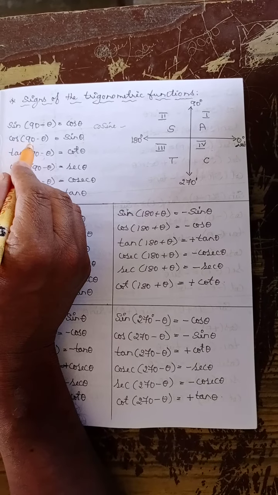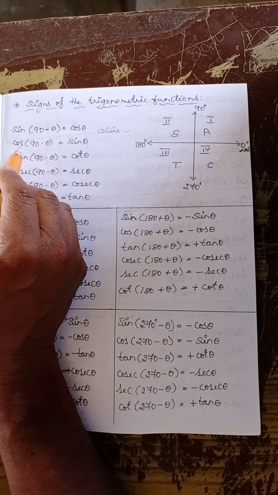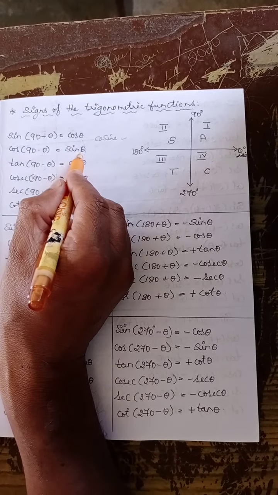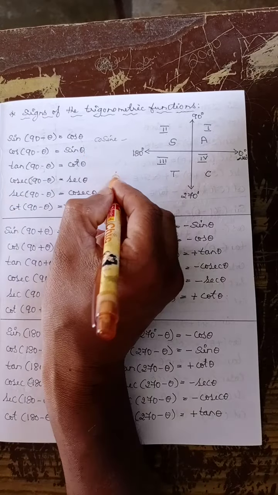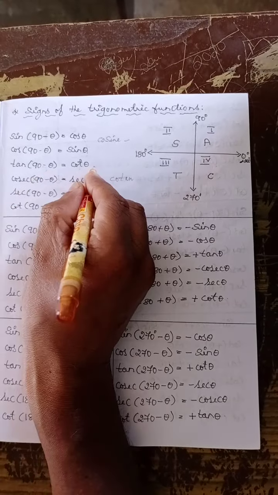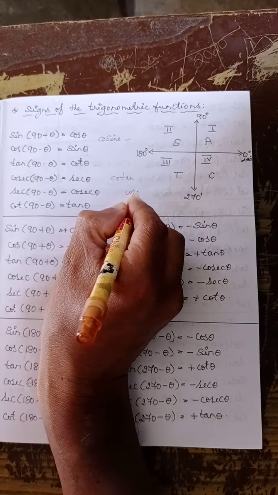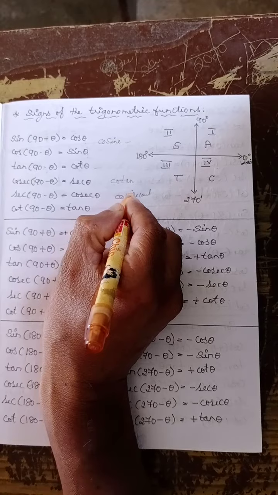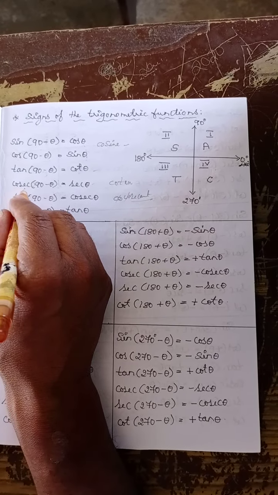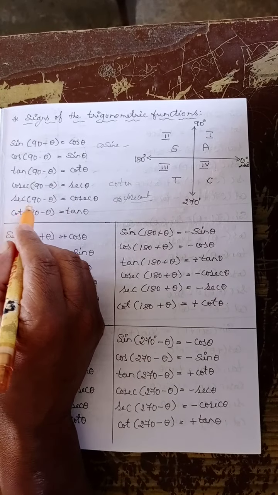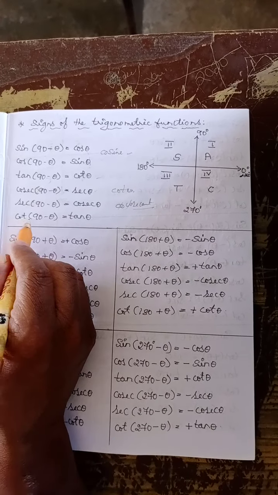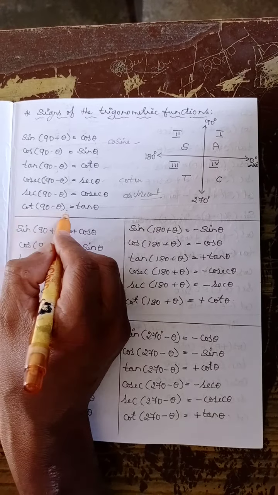Here also, cos of 90 minus theta, cos means what? Cosine. Add one co, the double cos gets cancelled, then sine theta. Then tan of 90 minus theta, tan means, here complementary means cotangent, that is cot theta, and cosec here is cosecant. Then add co, the double cos gets cancelled, remaining secant theta. So the complementary: cosec of 90 minus theta is secant theta, and secant of 90 minus theta is cosec theta, and cot of 90 minus theta is cotangent. Add co, it gets cancelled, then tan theta is remaining.